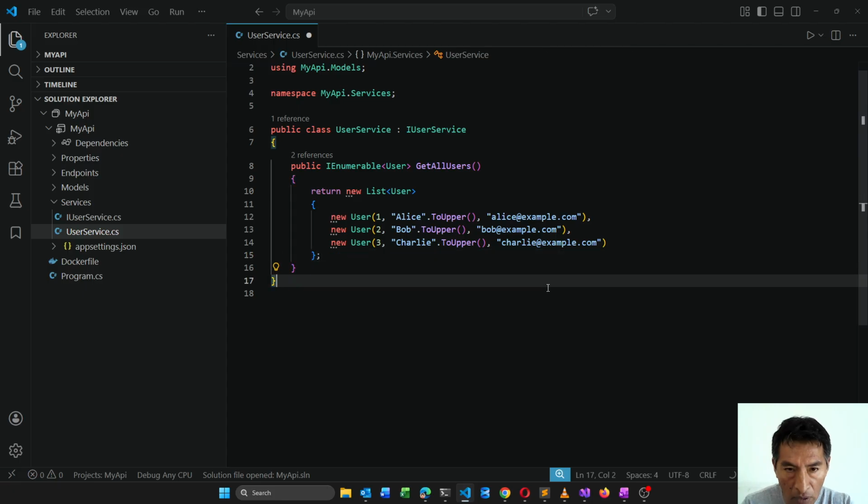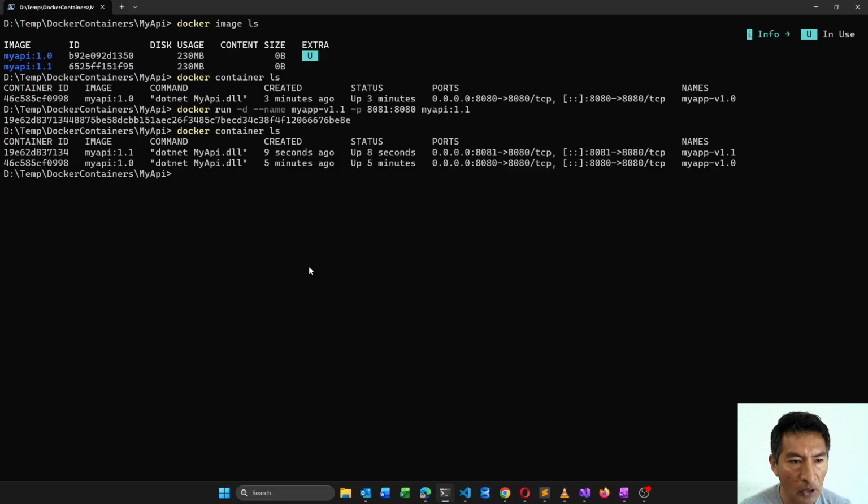That's it. Okay, that's the change. And this is going to be a new version. But in order for me to push my image to Docker repository, I need to specify my repository, the destination. So here